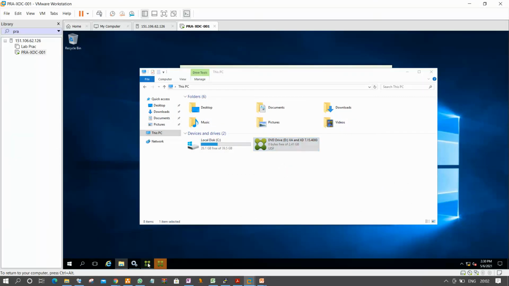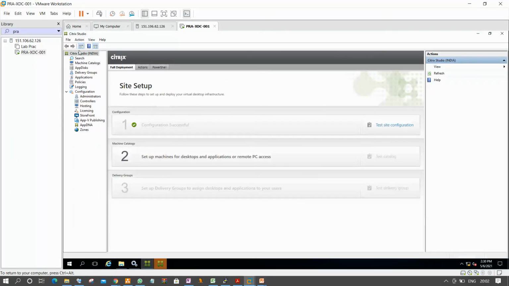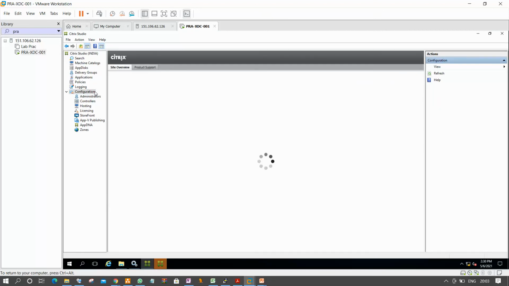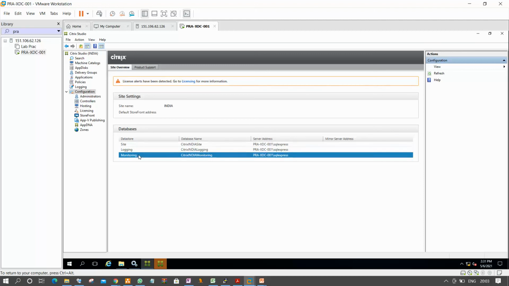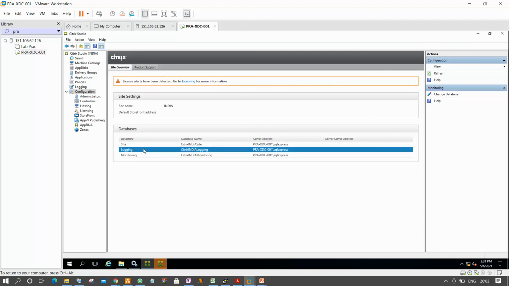So we already have the Studio console open and we have the configuration. Right click, and there is a configuration option. One is site, logging and monitoring. This is your logging database.